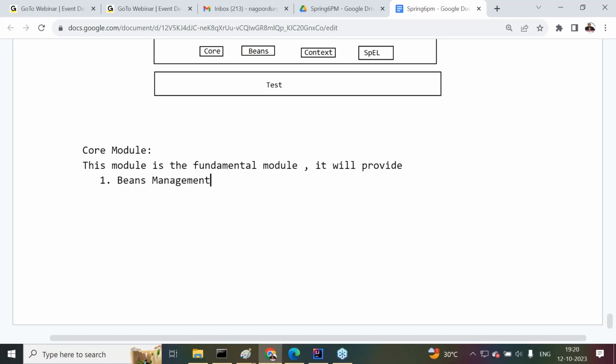What is the meaning of this beans management? How to manage the beans in Spring applications, how to prepare the beans, how to create objects for beans, what are the various scopes for the beans, how to make available these beans to other applications. Scopes like singleton scope, prototype scope, different scopes are available for the beans. Everything is maintained under beans management. Next one is